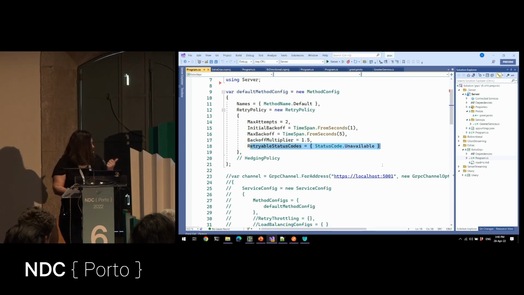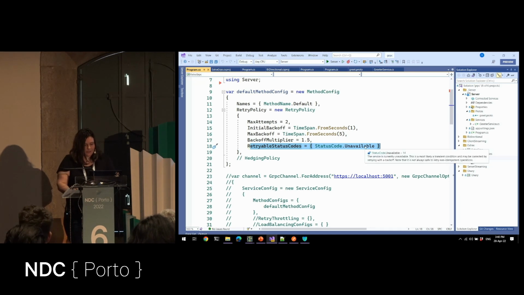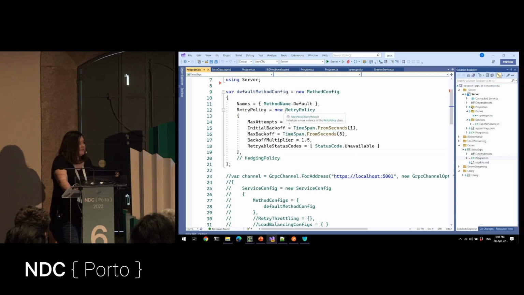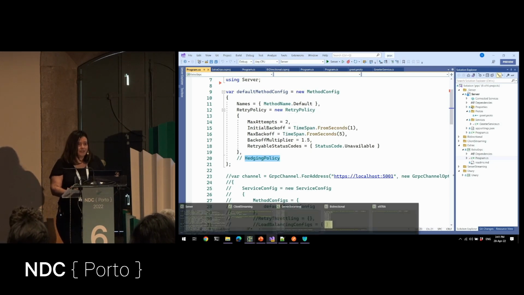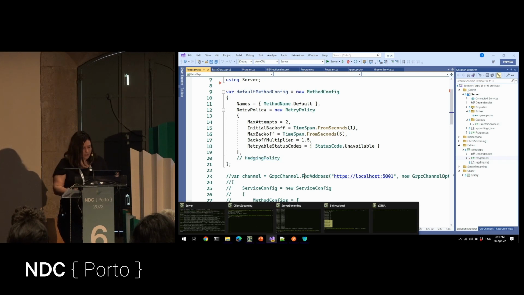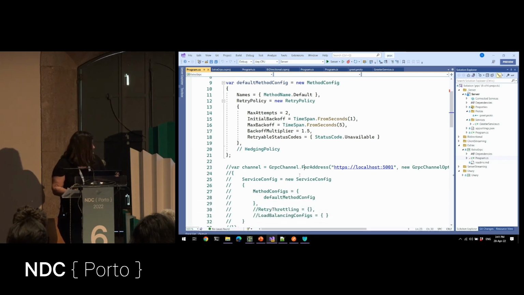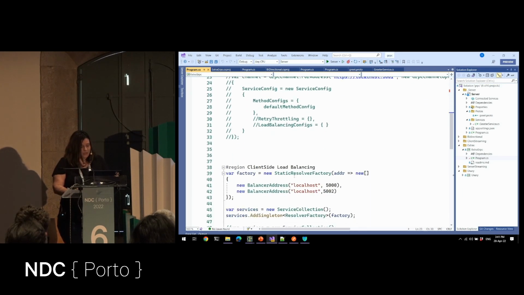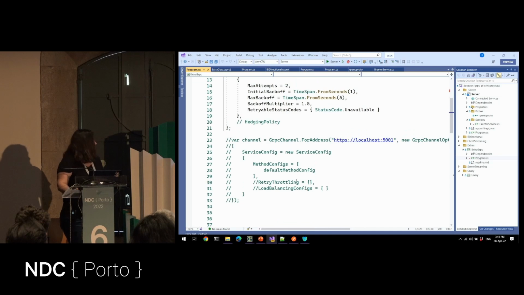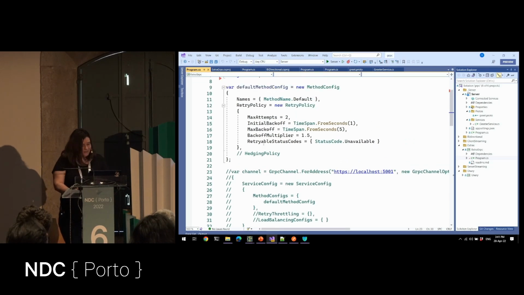So basically, you tell this, hey, when you try to apply a retry policy, when you encounter this status code. And this status code is the one from gRPC. Also, you have another option of having hedging policy. You can define that, advanced things from transient fault handling. And also, you can work this out. Also, what you can do is define this.